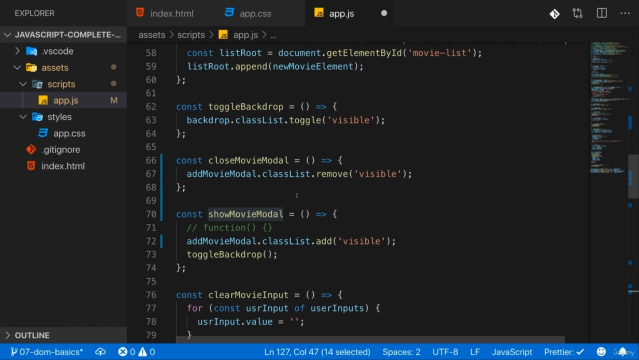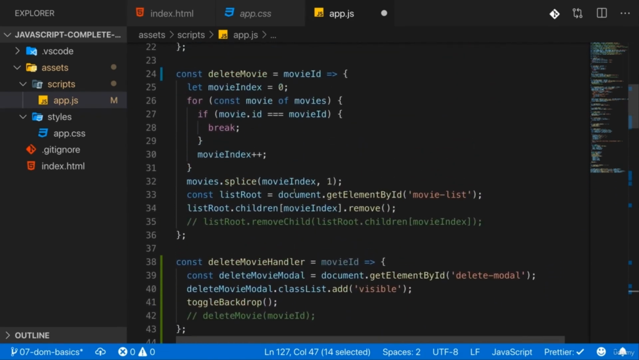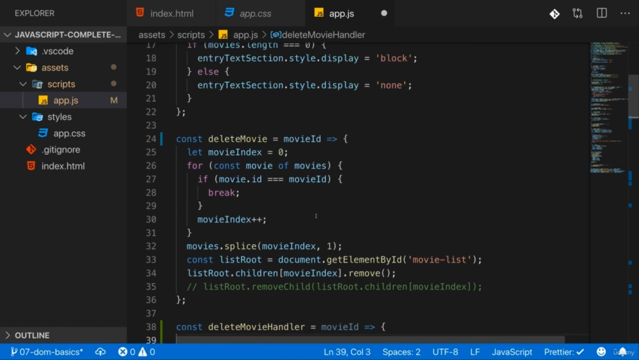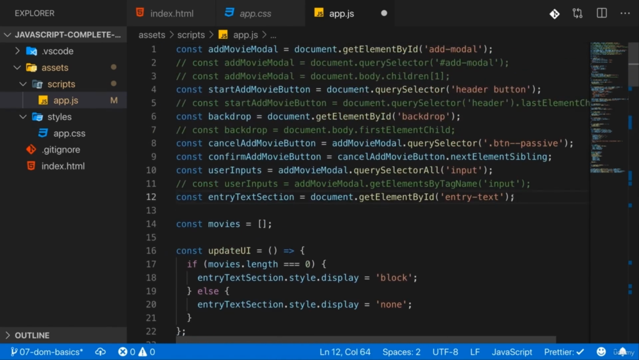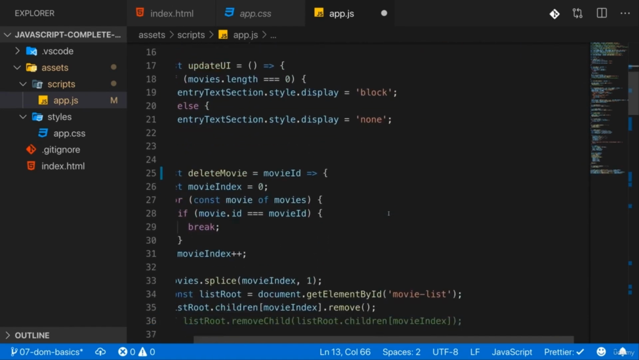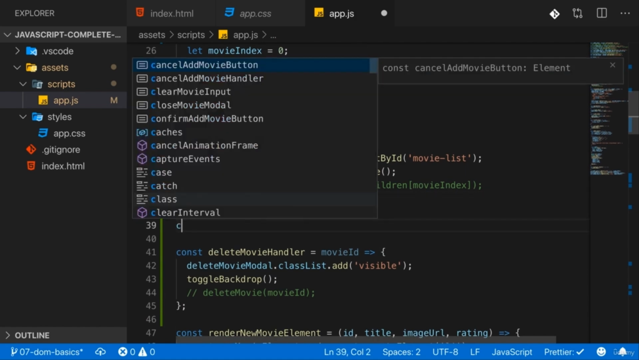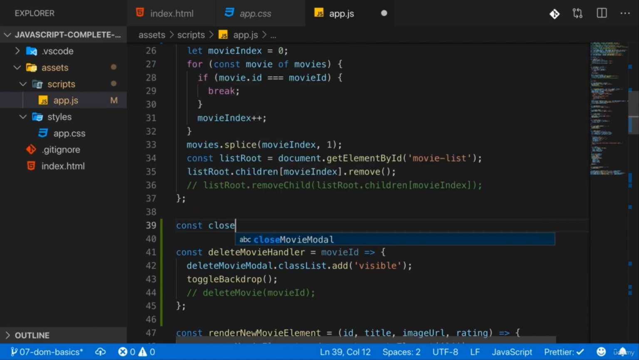Now I also want to make sure, of course, that clicking the backdrop closes our confirm deletion modal though. So this modal, that this is closed if we click the backdrop there. And to make sure that this is possible, I will actually grab this constant, delete movie modal, and move it up to the other constants so that this is globally available and not just in this function here, not just in the delete movie handler, because that allows us to add another function, cancel movie deletion,